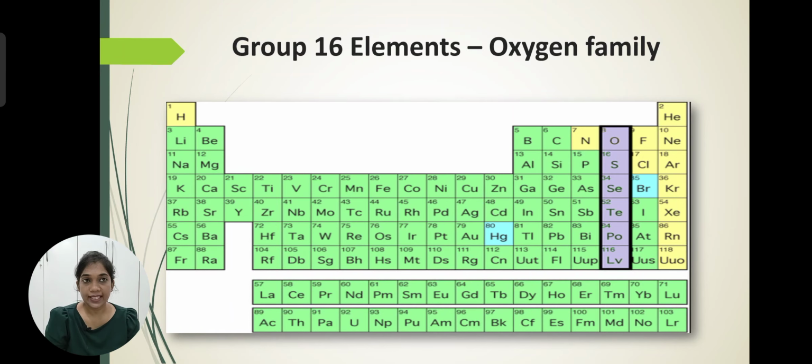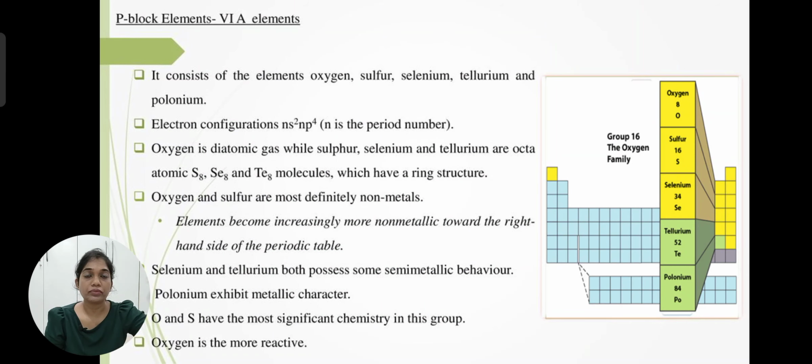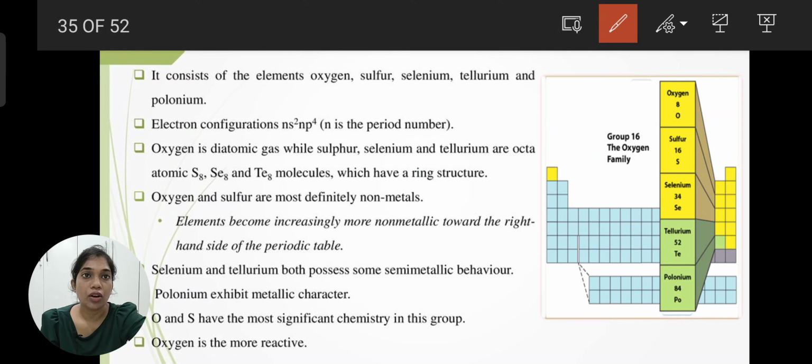Now you can see in this periodic table the purple color. This purple color is showing the oxygen family, that is group 16. Now which elements are present in group 16? The first is oxygen, followed by sulfur, selenium, tellurium, polonium. You can see here in this periodic table that these elements are present in the oxygen